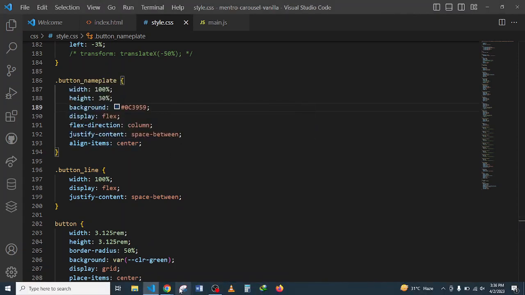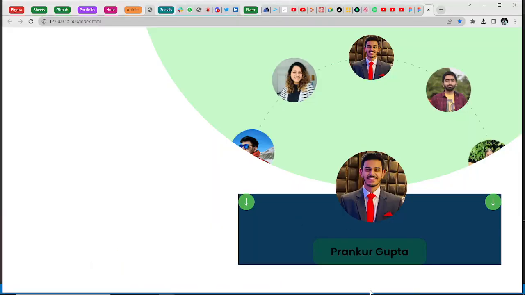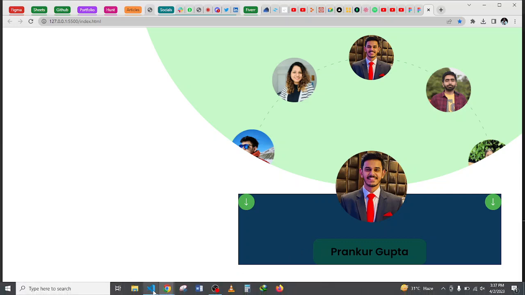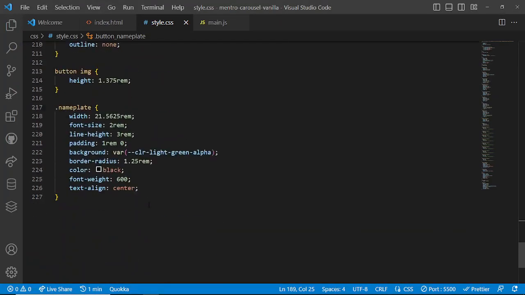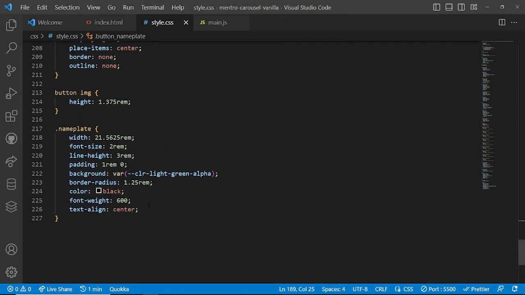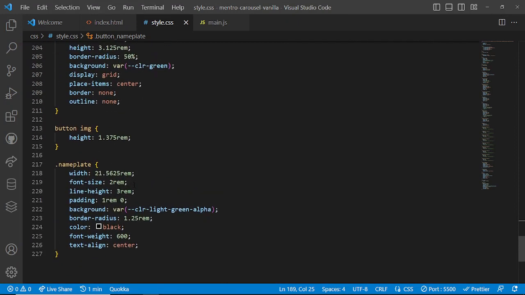Align items center. So if there's anything that is not full width, it will come to the center. So again, this button's line, full width, flex, justify content, space between. So one is at this end, the other is at this end. Like that. This one has a width, some border radius, a bit of padding, font size, and all that. Okay. So with that, we're done with the UI of image section, and we can now jump into